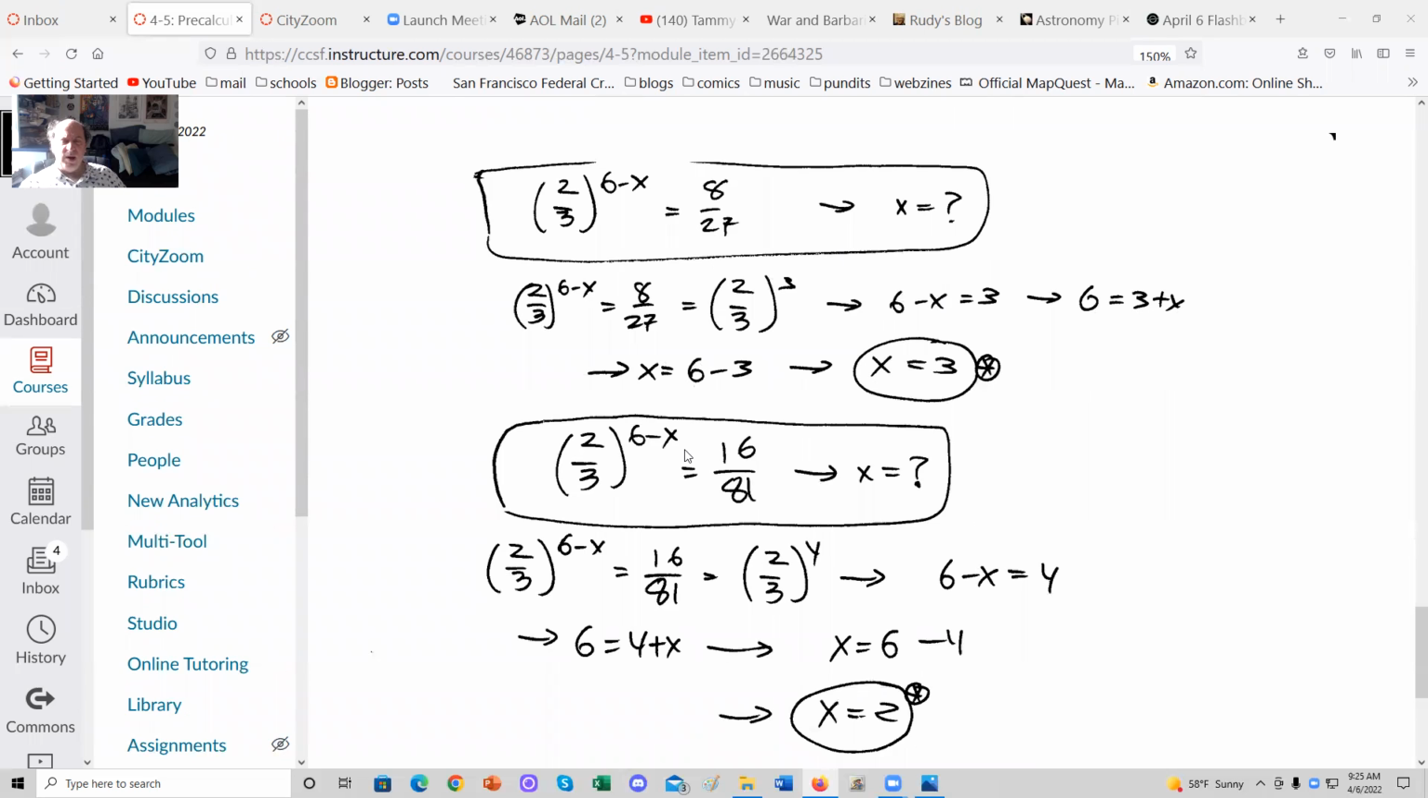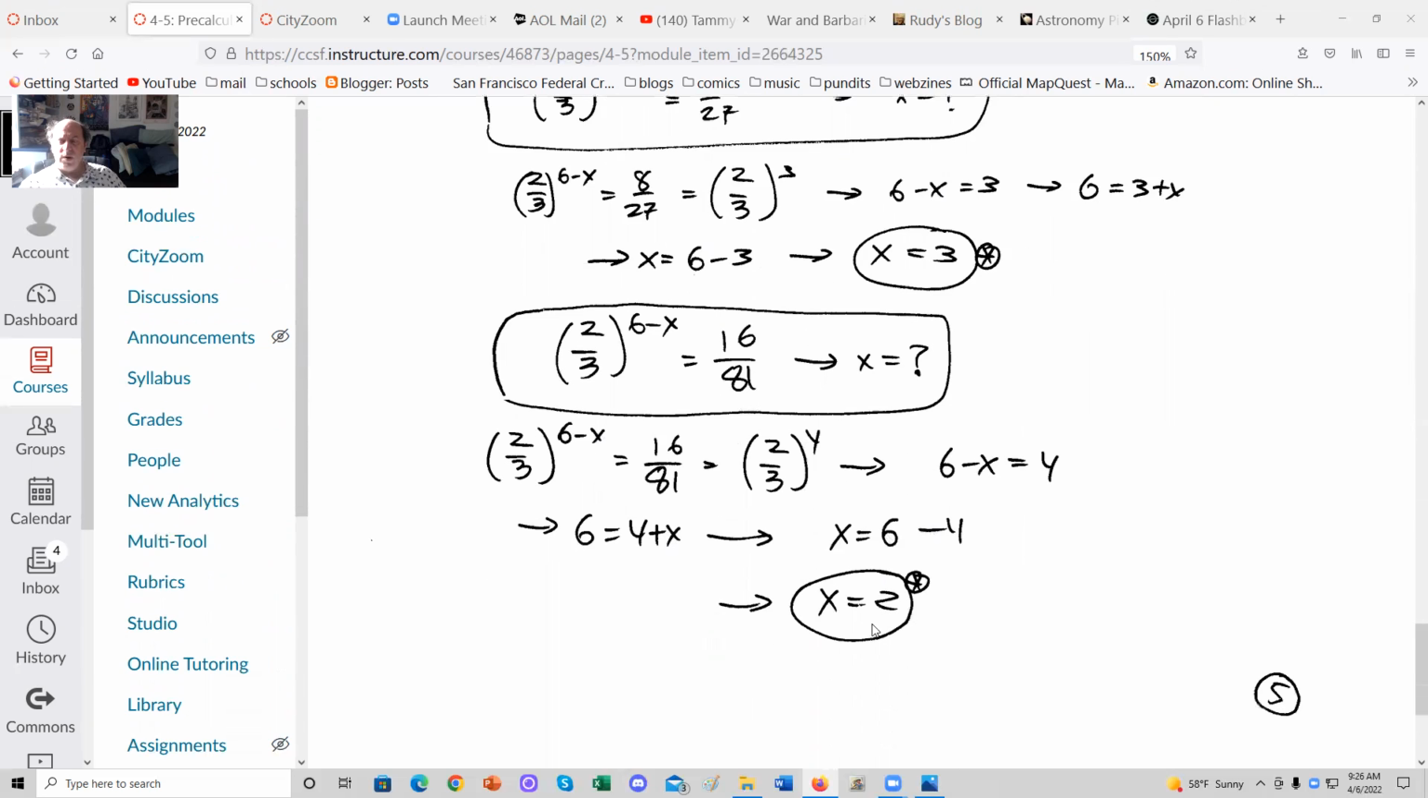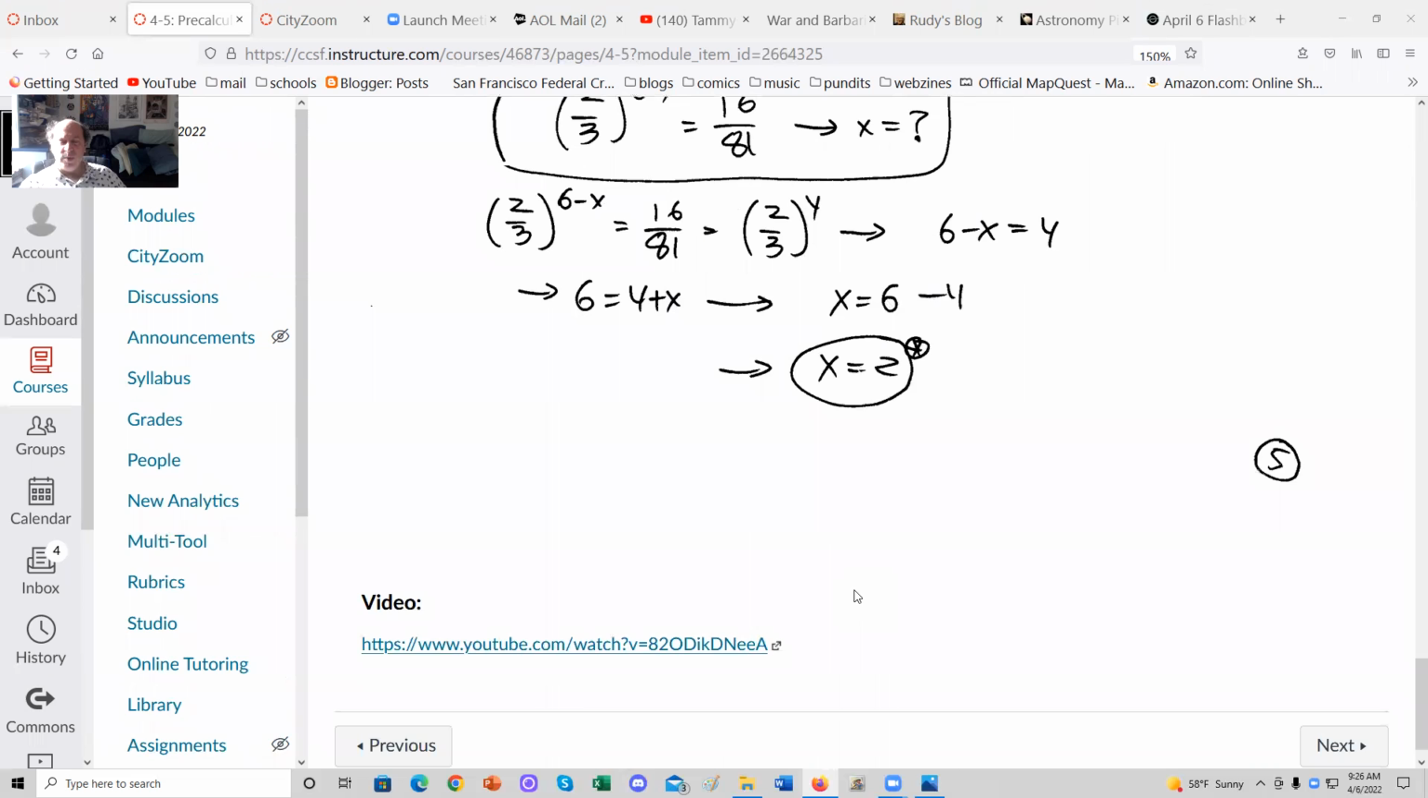Now I have a similar equation. (2/3) to the 6 minus x equals 16 over 81. What's x? All right, (2/3) to the 6 minus x equals 16 over 81. Now this is also a power of 2/3, namely the fourth power. So the exponents are equal. 6 minus x equals 4. And after a couple of standard algebra steps, transpose the x to the right, transpose the 4 to the left. x equals 6 minus 4, so x equals 2. Okay, now